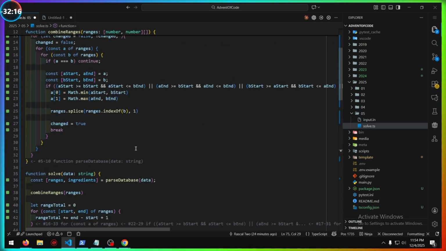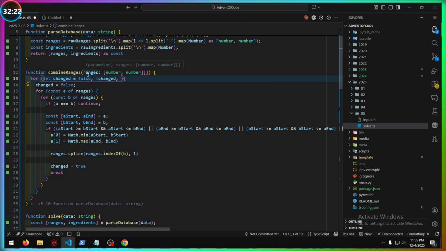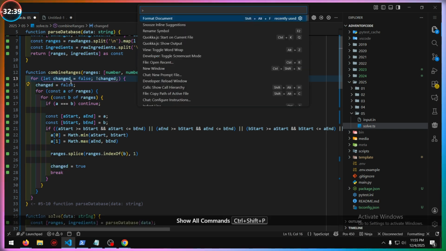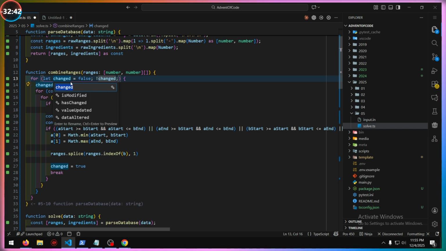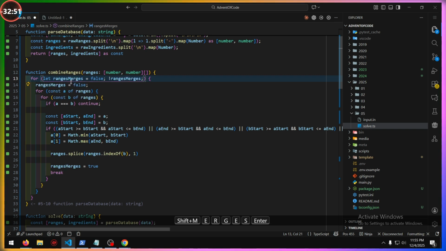Okay, yeah. My Quokka was just having a moment, I guess, or I was having a moment. So this sets changed to false. It says continue as long as nothing has changed, and then flip across. Okay, we need to improve the name of this. Ranges merged. Okay, so we're going to say there are no ranges merged, and you'll continue as long as